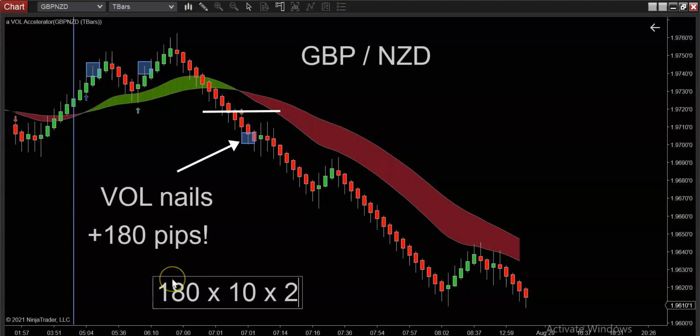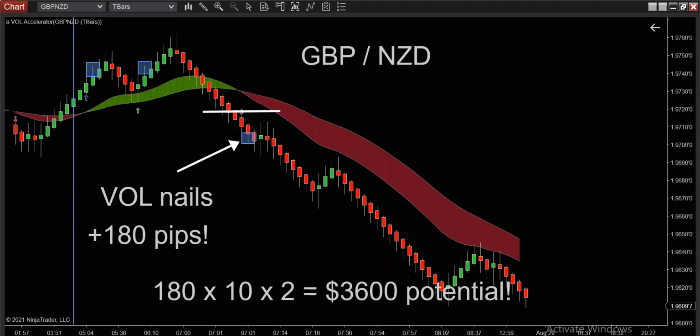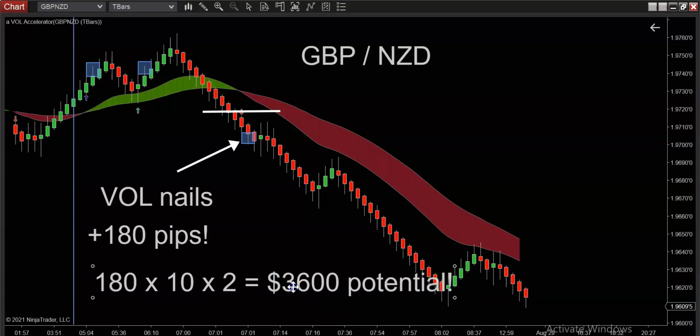I think 2 is probably as low as I would go, but typically, I like to look at least 4 or 6. But let's just run the numbers on 2, all right? Simple math will tell you, guys, this is a $3,600 potential